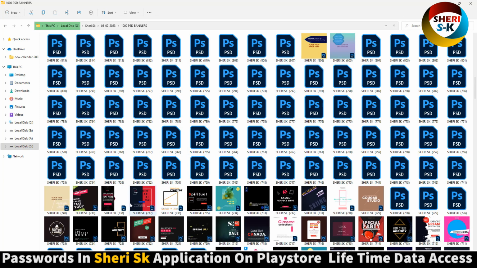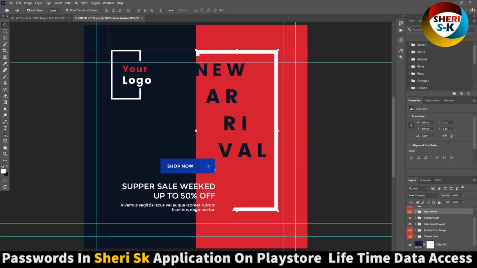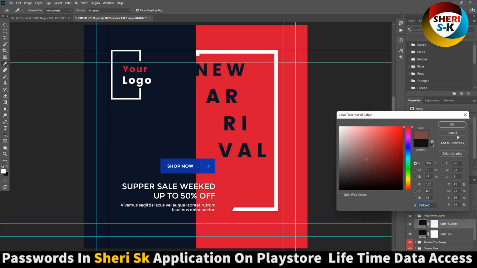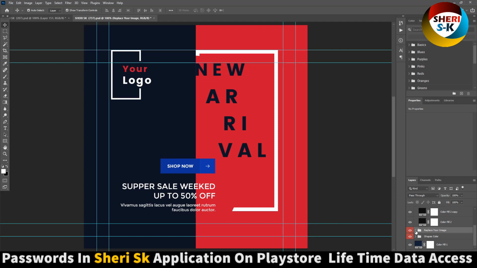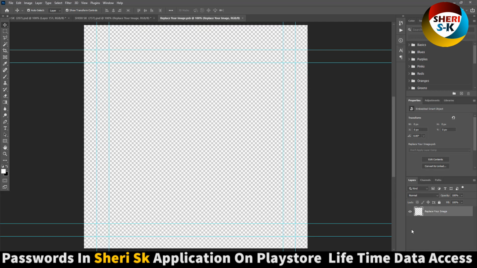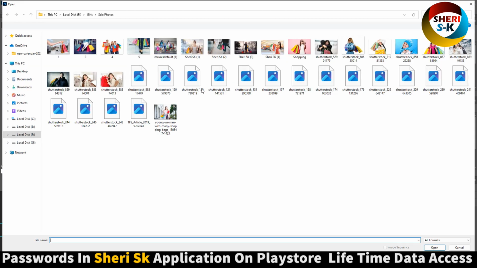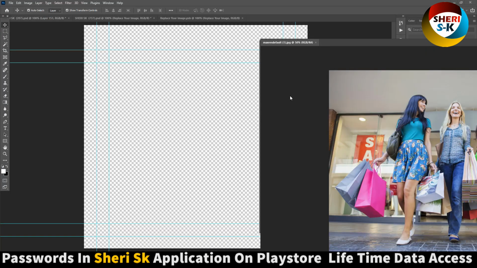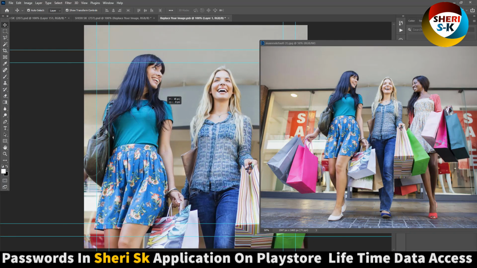Wow, so we need simple images. Change text, change your logo, shopping, adjust, okay, and replace image, extract. Now we need an image. For example, open this one and open this, drag here,